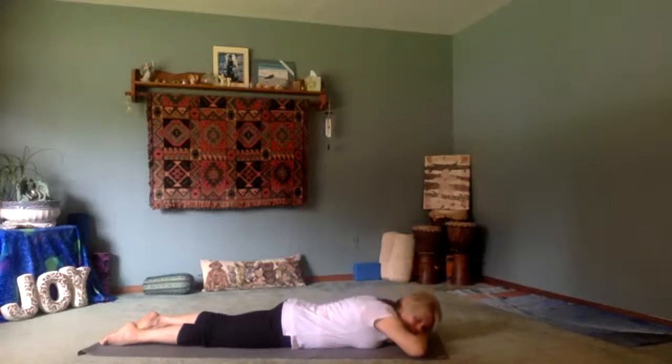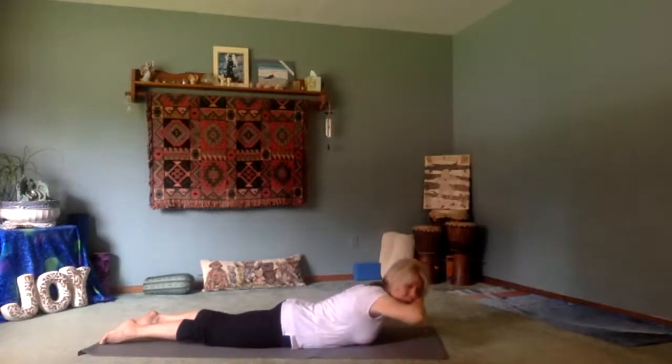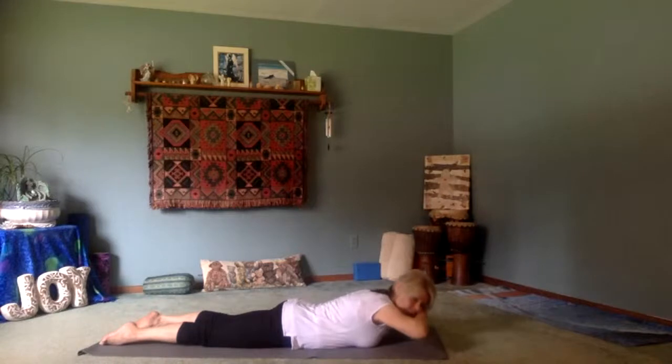Exhale it back down. Now this configuration, inhale, lift, exhale, lift, is helping to create strength and a certain good pattern for the neck, the shoulder, and the upper back. So we want to just keep working with the breath with this. Inhale, lift up,